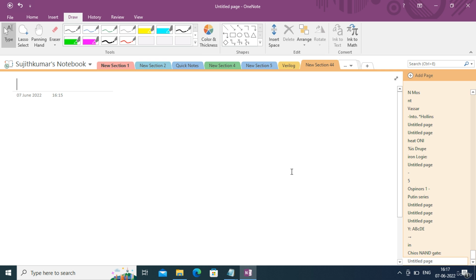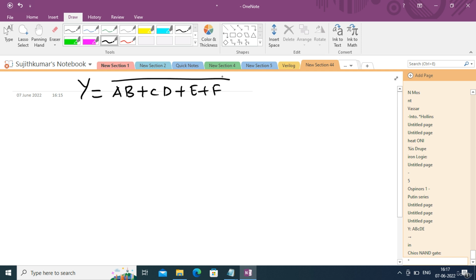So in the previous video we have seen how to draw complementary CMOS circuits. We have already seen the design of an AND gate too. Now let us take a random Boolean expression and try to implement it using complementary CMOS logic. Okay, so this is the Boolean expression I am taking: y equal to a and b plus